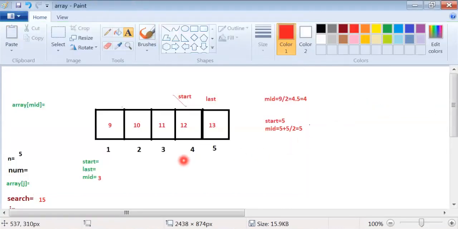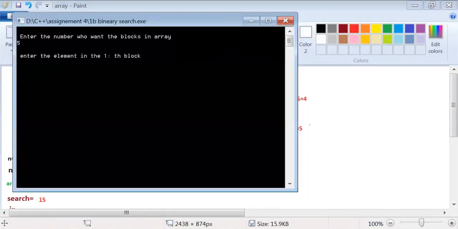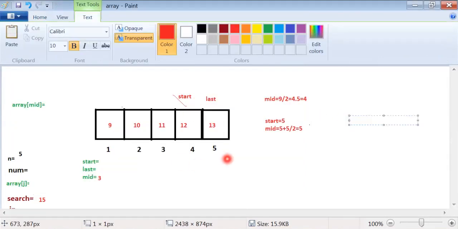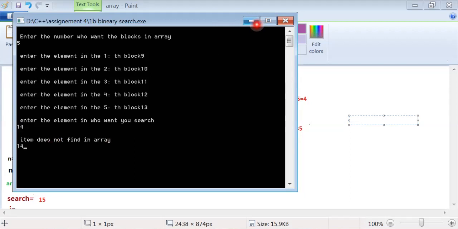We start here at 9: 9, 10, 11, 12, 13, and 14. Because 14 is not here, the loop is terminated, and the item does not exist in the array.